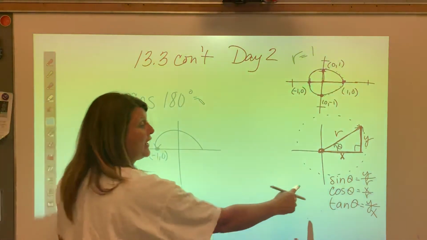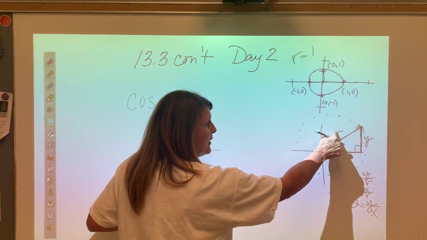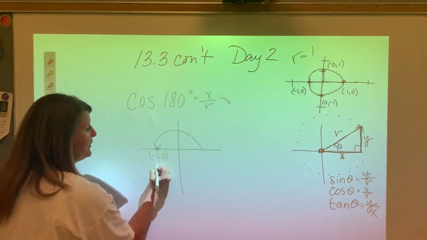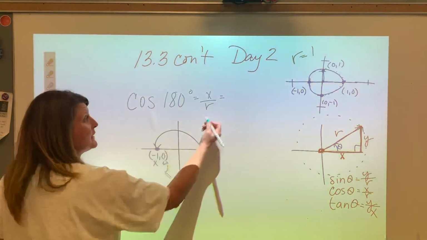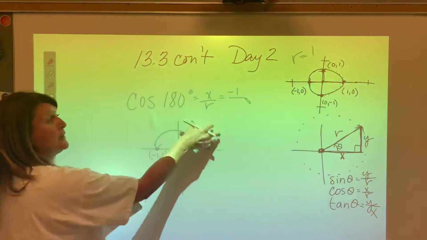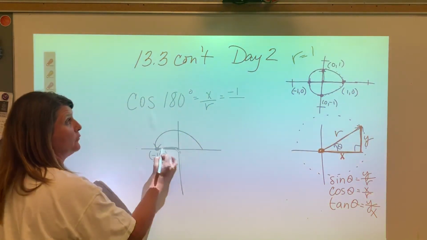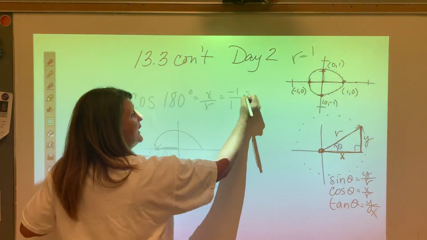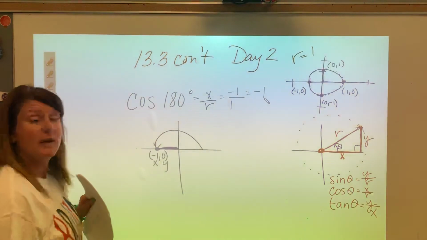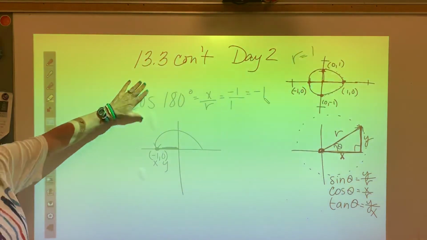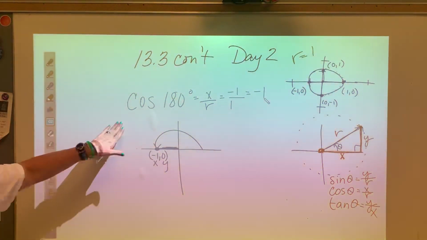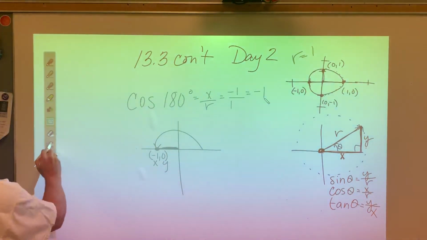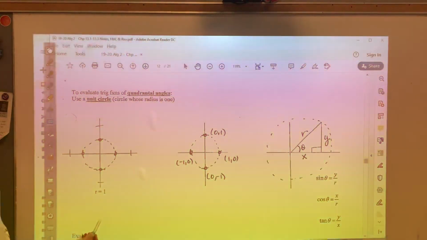Cosine is going to follow adjacent over hypotenuse, which is x over r. So the x in this problem is a negative 1. The radius for all of these problems is a positive 1 because the radius is 1 for everything in a unit circle, and negative 1 divided by 1 is negative 1. So maybe this helps you try to understand how to evaluate an angle that's quadrantal, okay? The other thing that I would like to